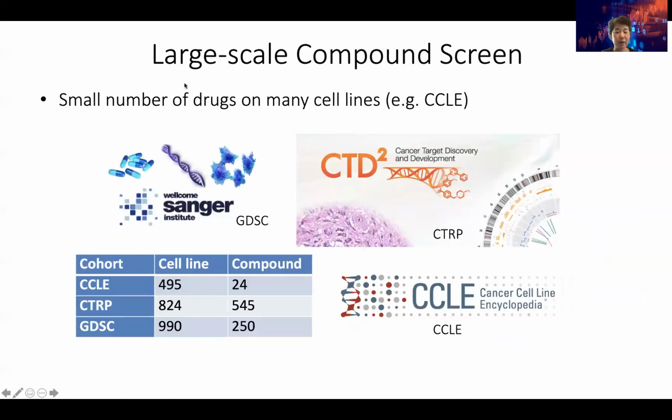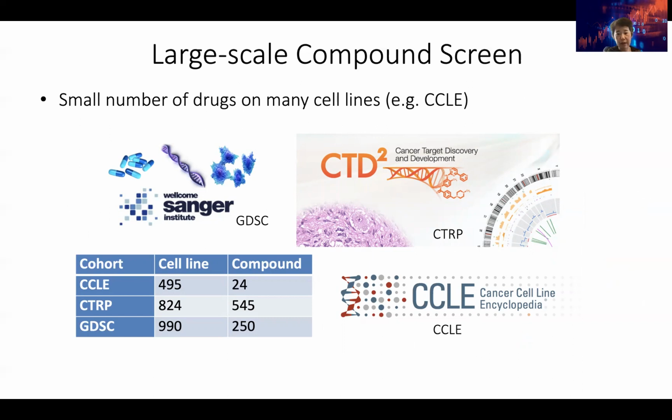Another type of screen is we use a limited number of drugs, sometimes even a single drug, but you test in many cell lines. For example, if you know that your drug is inhibiting a gene such as EGFR, and you want to see what cancer cell lines can respond to this,